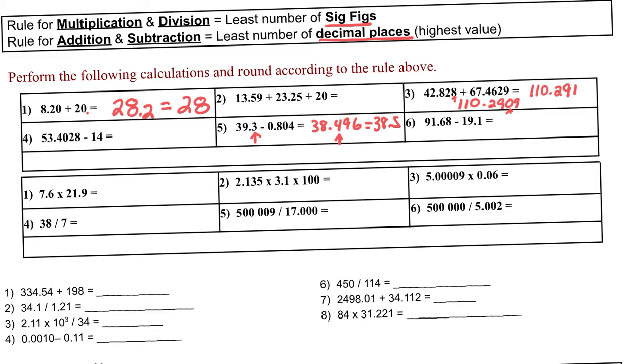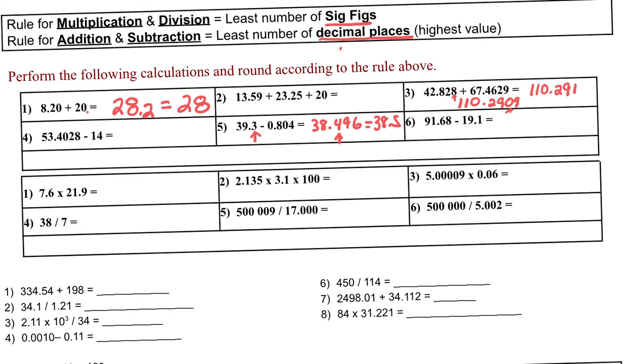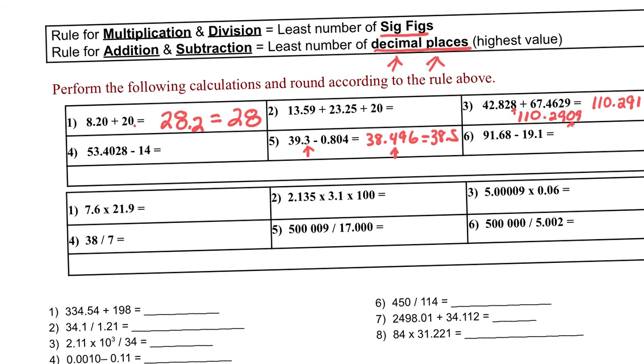Now, that's the rules for addition and subtraction. We always look at the lowest number of decimal places. Now, for multiplication and division, we're doing the least number of significant figures. So let's put these in the calculator, and again, I'll do number 1. 7.6 times 21.9. Put that in the calculator, and the answer I got, I'm going to write that right down here, is